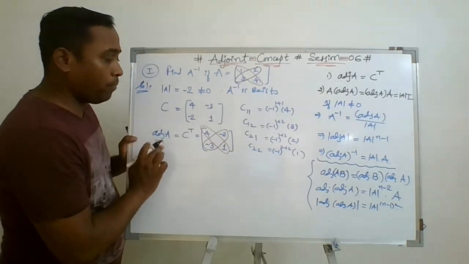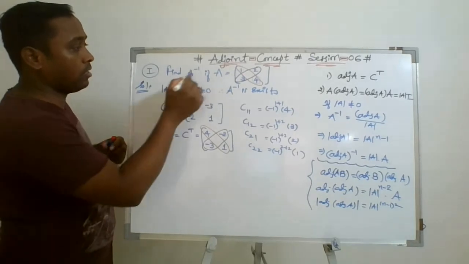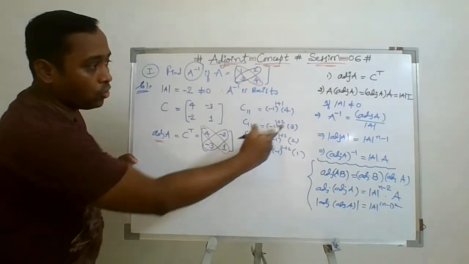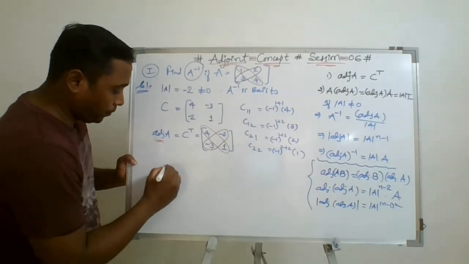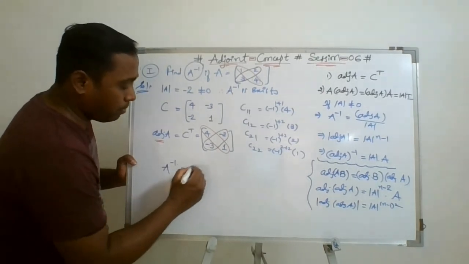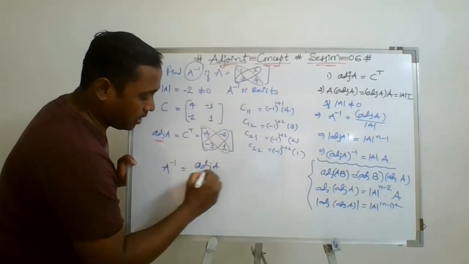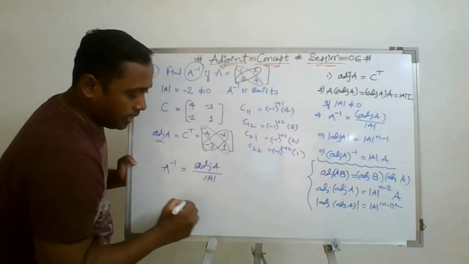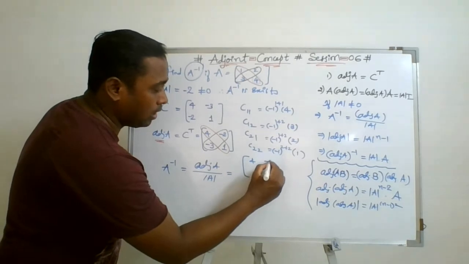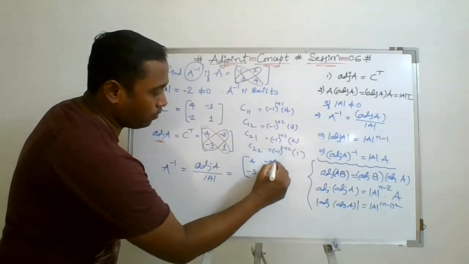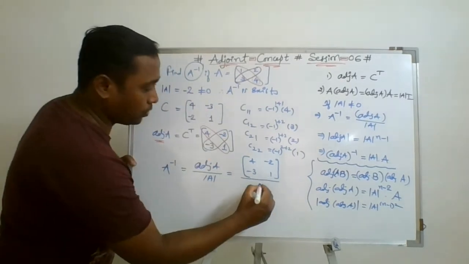With the help of this adjoint, now we are going to find the inverse. That is our primary concern. How do we find the inverse now? You know the formula of A inverse, which we call the matrix method. So A inverse is simply the adjoint A matrix divided by the det A number. What is the adjoint A matrix we got? 4, minus 2, minus 3, 1, which is divided by the constant minus 2.